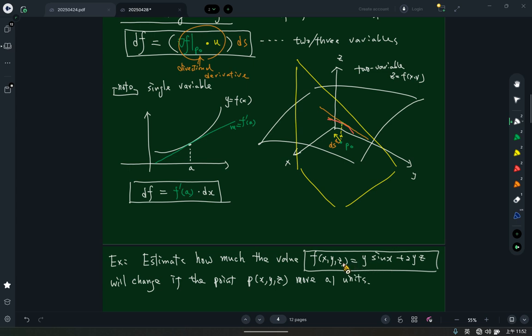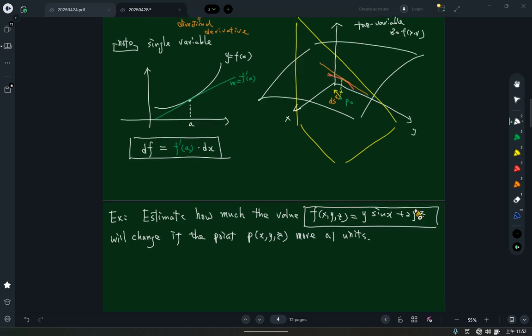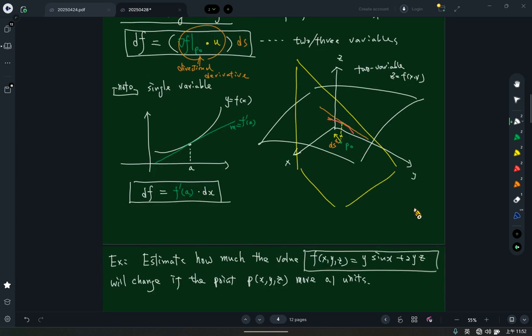Of course, this is not a surface, but the role is the same. 虽然这不是一个曲面，因为它有三个变数，但是它的角色是跟这个 two variable 的 z 等于 f of x, y 是一样的。这已经变成 w 等于 f of x, y, z，但它的角色是一样的。